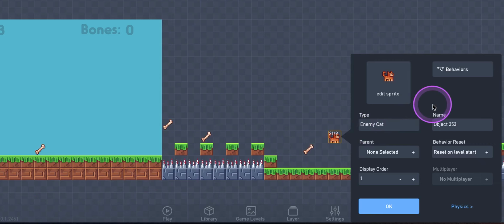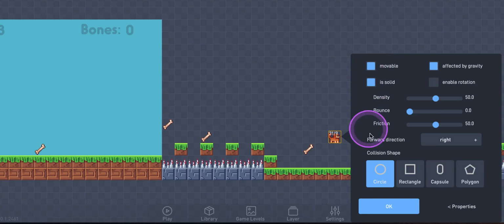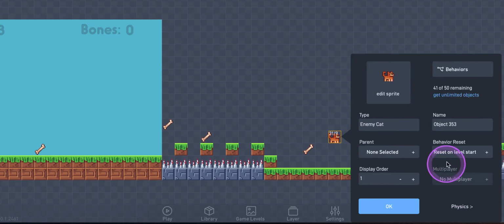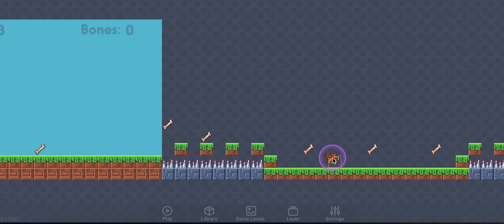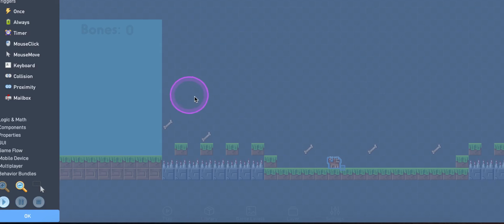Okay, so now I'm going to go to the physics option here, and I'm going to turn on is movable. Okay, and I think I'm going to leave everything else like that. I'm going to go to the properties again, and let's put the cat down here on the ground. Okay, so now I'm going into edit, and I'm going into the behaviors of the cat,